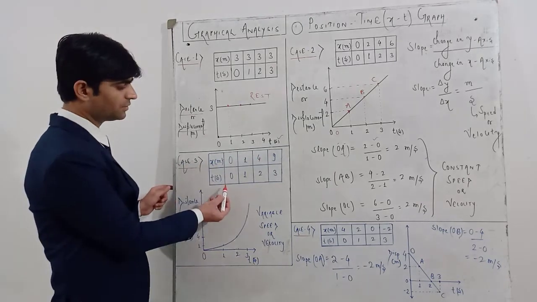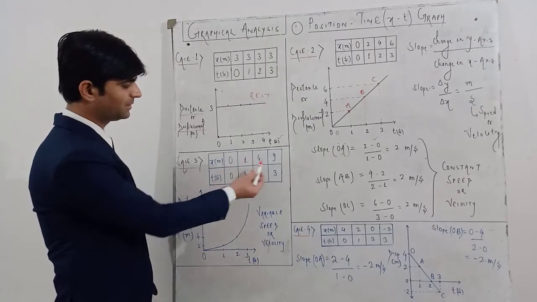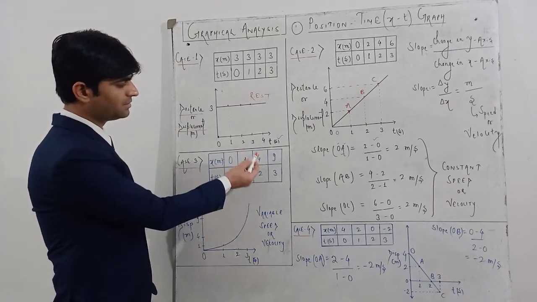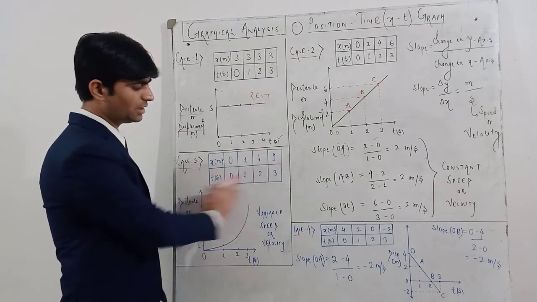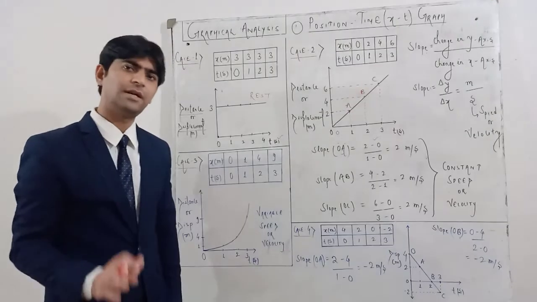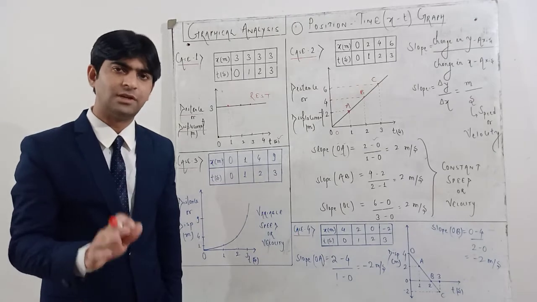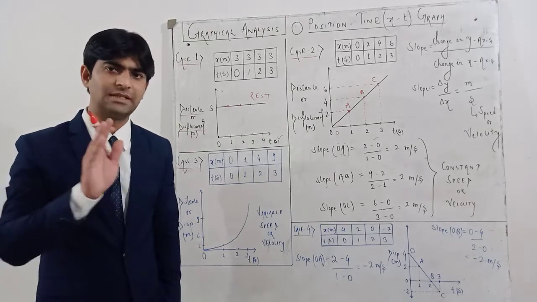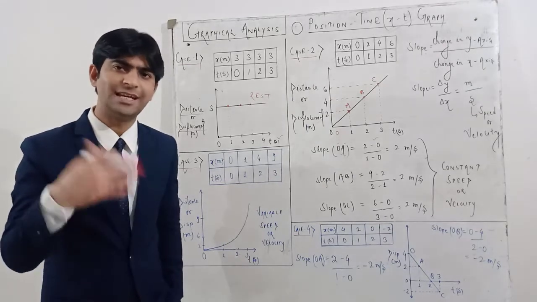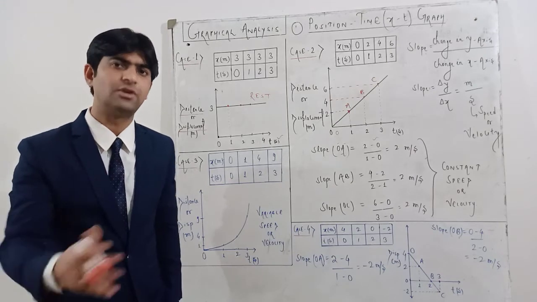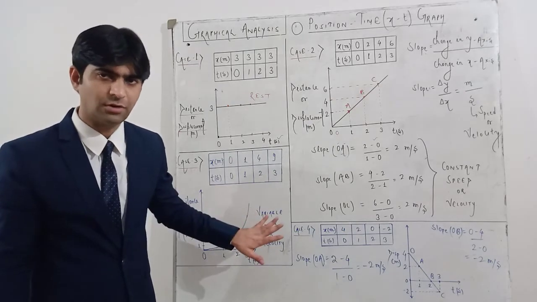Now if you see the difference for time interval, 1 second difference is there, but if you see the distance or displacement, 1 meter, 3 meter, 5 meter. That means the body is covering unequal distance in equal interval of time. If a body is covering unequal distance in equal interval of time, then the body is said to be in non-uniform motion. When I say non-uniform motion, that means the body is moving with changing speed, variable speed, or changing velocity or variable velocity. That means the speed or the velocity is not going to be constant.